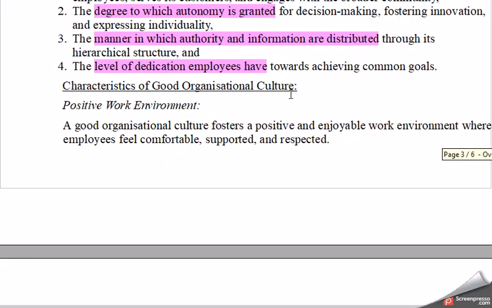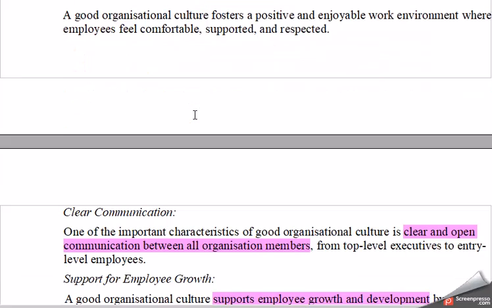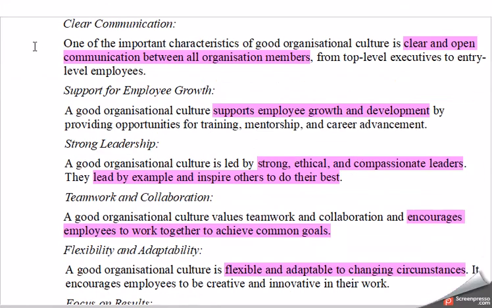Characteristics of a good organizational culture. Positive work environment. As the name suggests, the environment should be positive for people to work. They should feel comfortable, supported, and respected. Clear communication. Clear and open communication between all organization members should be encouraged. Support for employee growth. A good organizational culture always supports employee growth and development by providing opportunities of training, mentorship,